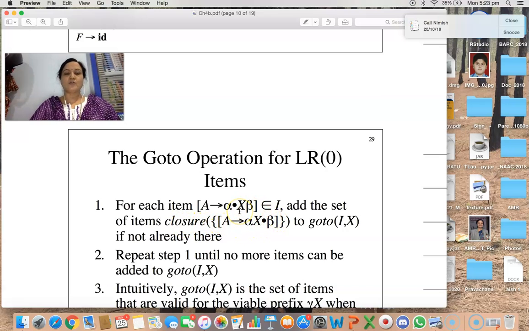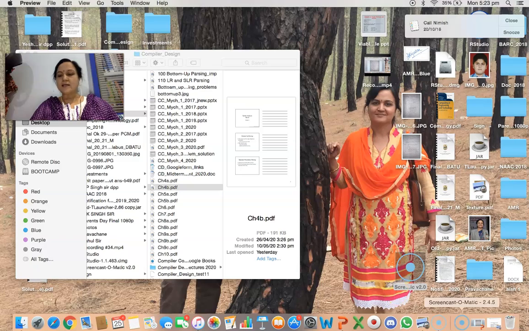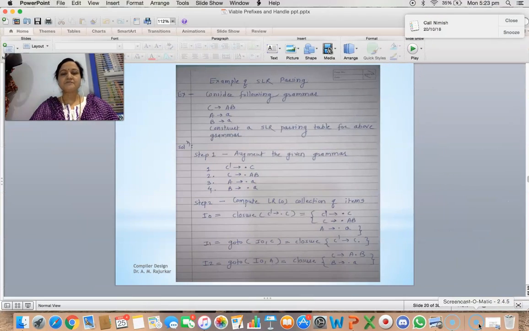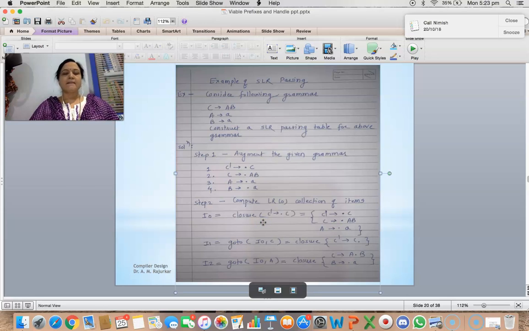What we are doing in the goto operation is taking a transition from one state to another on symbol X. Before taking the transition, the dot was before X, and once we take the transition, the dot gets shifted after X. That indicates we are taking a transition in the DFA. So we are going to use these goto and closure operations extensively in the computation of LR0 items.